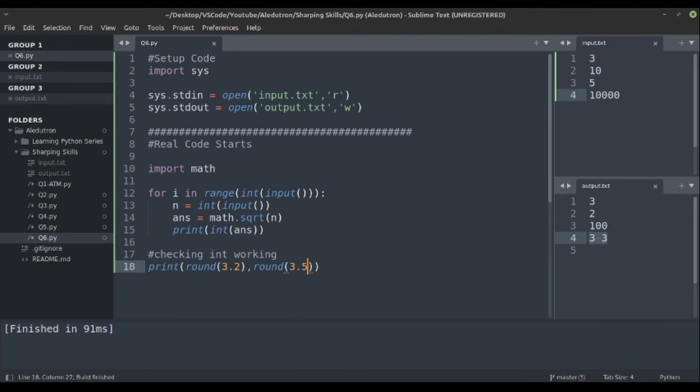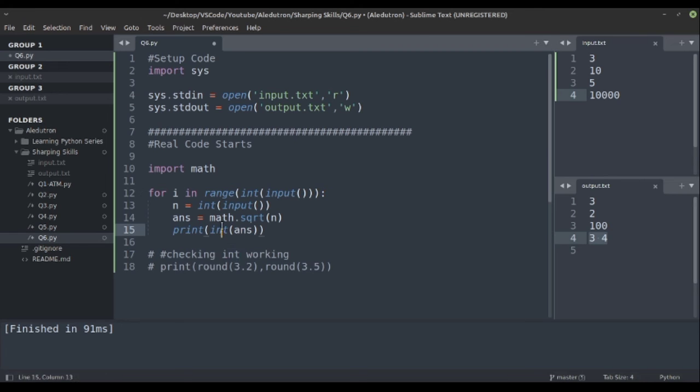This is the basic mathematics we have learnt in college. So 3.2 gives us the floor value, and rounding 3.5, meaning if there is 5 or a number greater than 5 after the decimal point, we increase the number by 1, so 3 is given as 4. We basically need the same function as int.